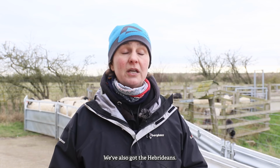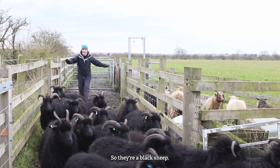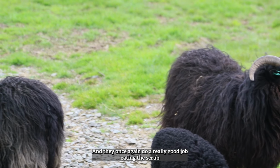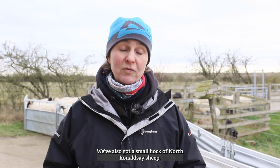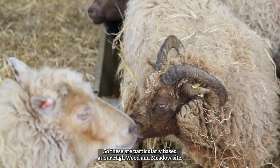We've also got the Hebrideans. So the Hebrideans are one of the smaller primitive breeds, so they're a black sheep. They're quite small and fine boned, and they once again do a really good job eating the scrub and the rougher vegetation. We've also got our small flock of North Ronaldsay sheep, so these are particularly based at our Highwood